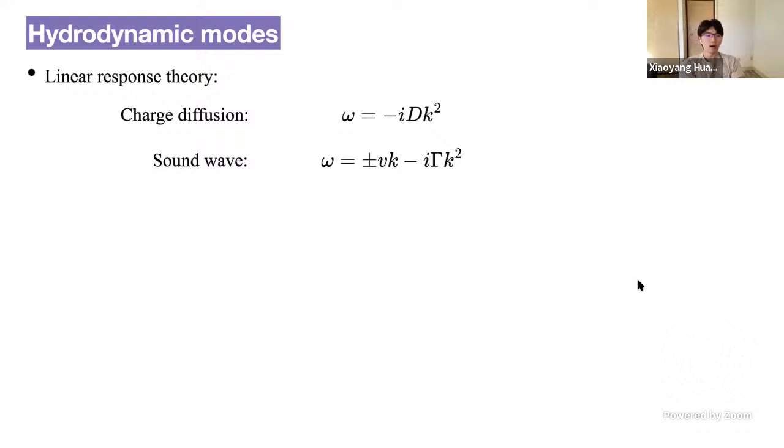So now I would like to focus on the low energy mode of hydrodynamics theory. Within linear response, if you have a conserved U(1) charge and imagine that you put a bunch of particles at one place and let it evolve, the typical evolution will be captured by so-called diffusion, where the low energy mode is given by the first line, which is quadratic in momentum, and it comes as a minus imaginary part of your frequency.